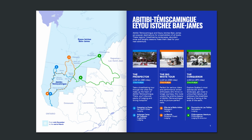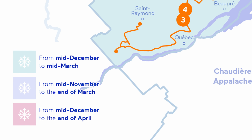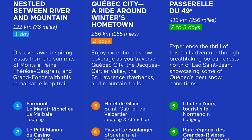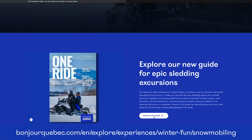snowmobile guide to help walk you through the many different regions in the province, help you see the snowfall estimations and timeframes you should visit, along with suggestions of some of the most popular riding loops that you would enjoy riding this winter. It's easy to access from the Bonjour Quebec website and is easily downloadable to your tablet or